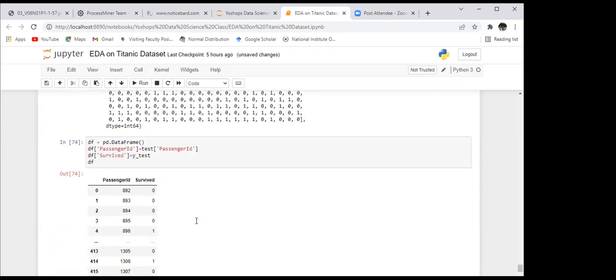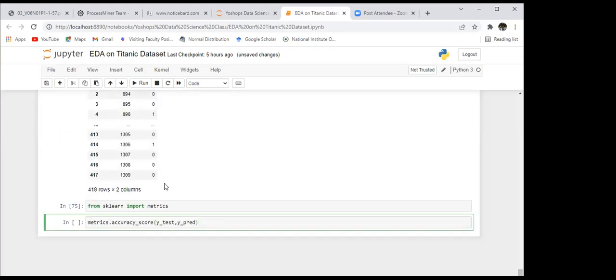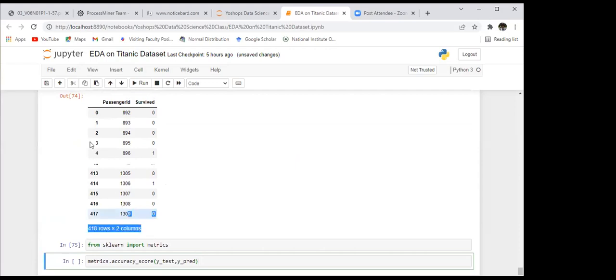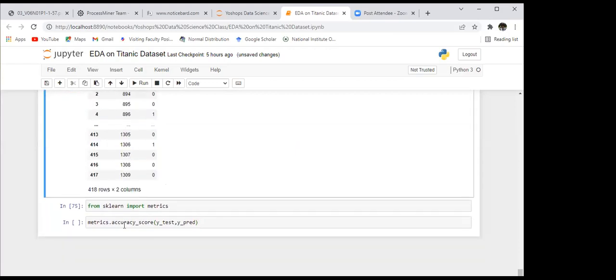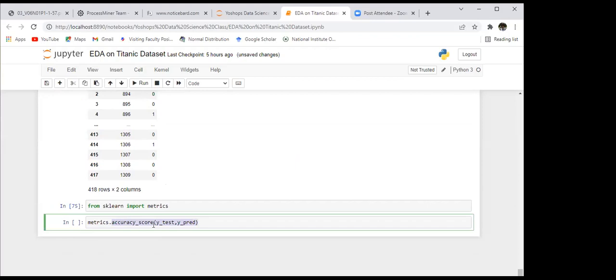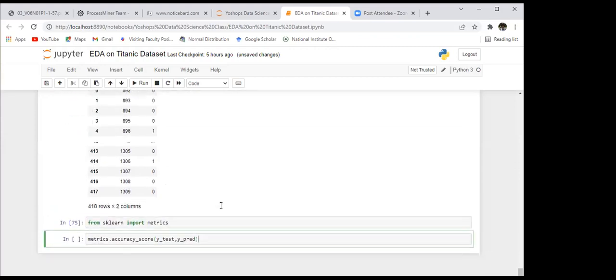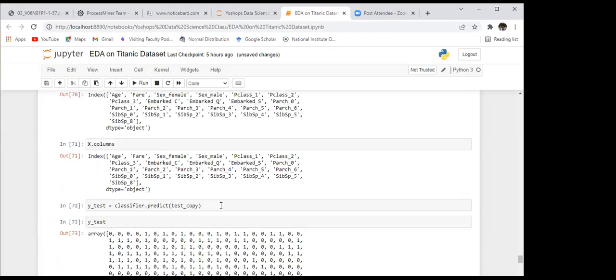Since we don't have it here, up to this is fine. Accuracy score will work when you know the original value and you can compare it against the value predicted by your model. We will use it in some other model. So up to this, your predictive modeling is done.